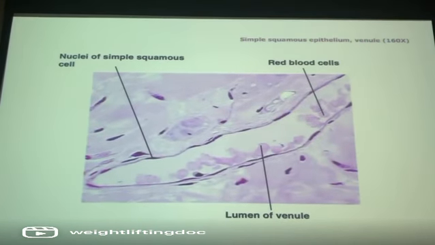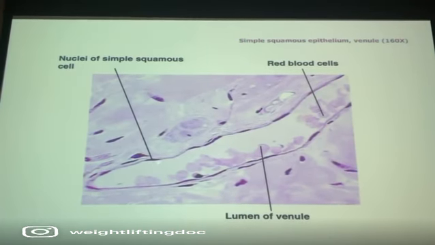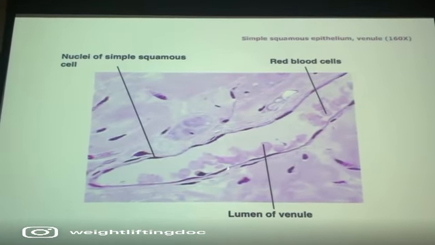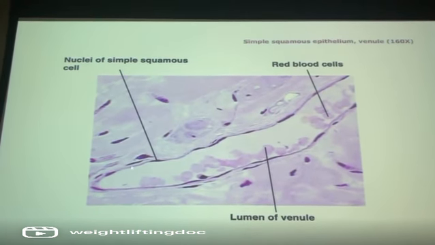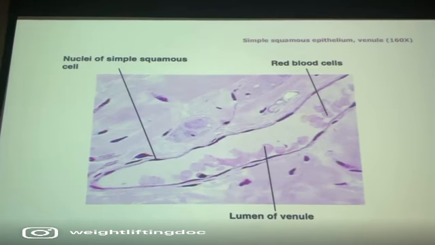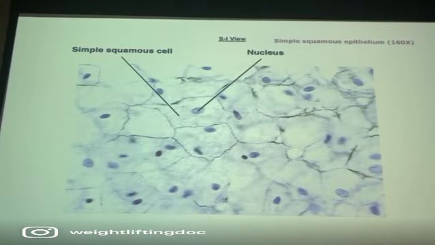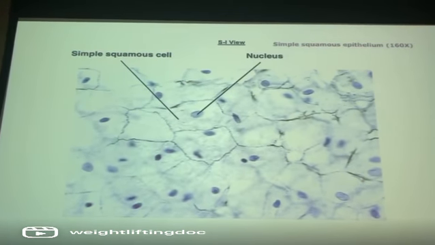If we go here, we're looking again from the side. We've got the single cell layer. So this is a venule, which is a small vein. The inside layer is what we're looking at. Disc-shaped nucleus, and that's going to be an indicator as well when we're looking from the side. If we go back to this one, they're disc-shaped. You just can't see the side. You can't see how they're disc-shaped, right? So that's the thing you have to deal